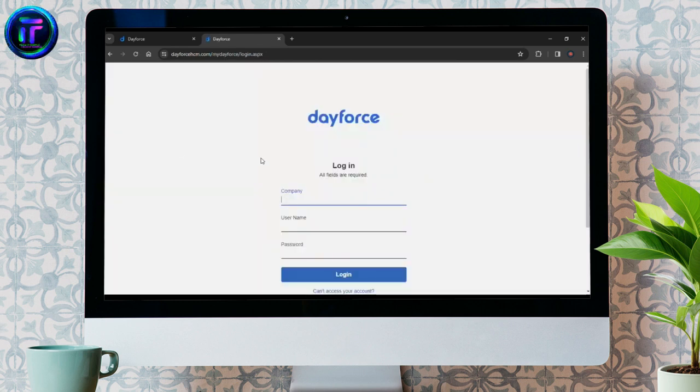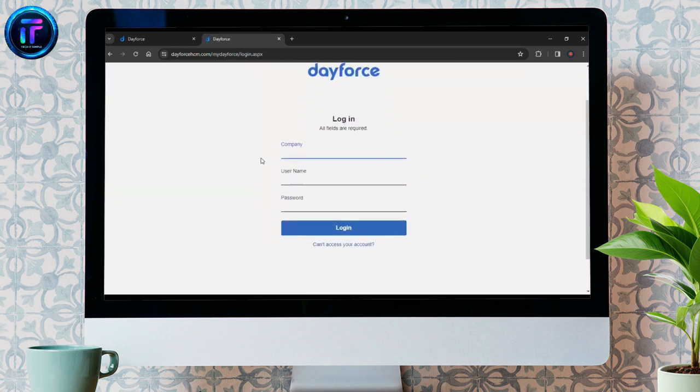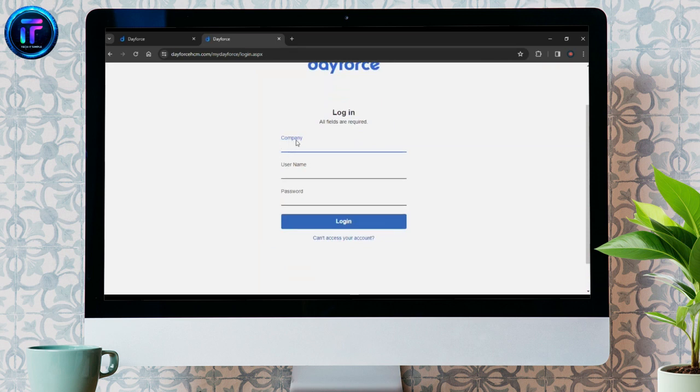As you can see, you have been taken to a new interface where you need to put your company's name, your user ID, and correct password. Now, after putting the correct company name, user ID, and password, now hit on login and you'll be logged into